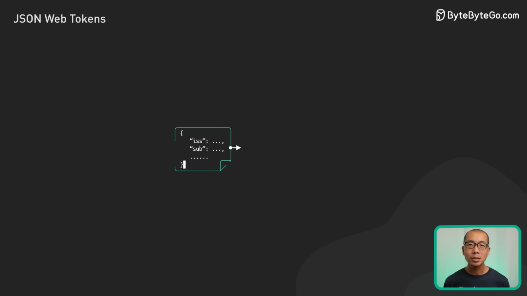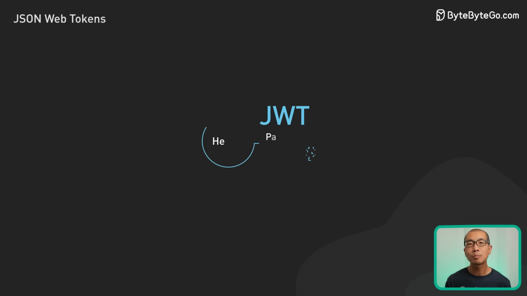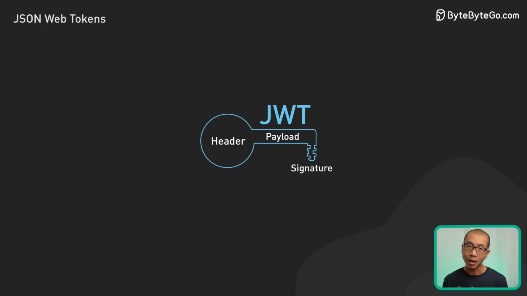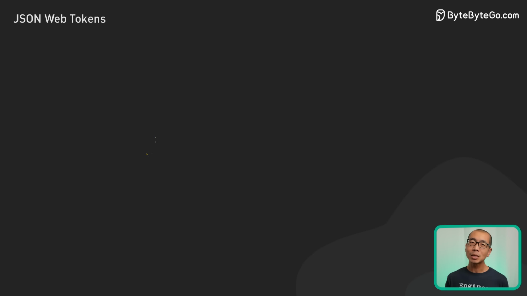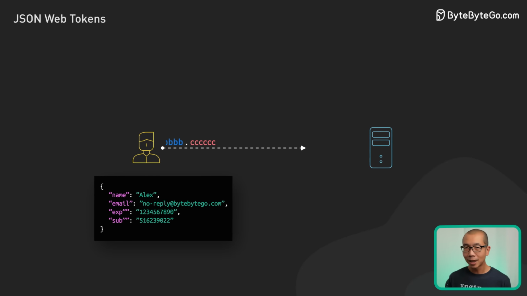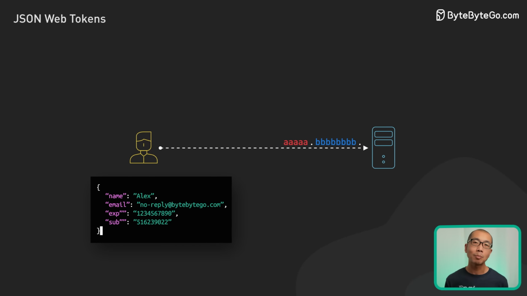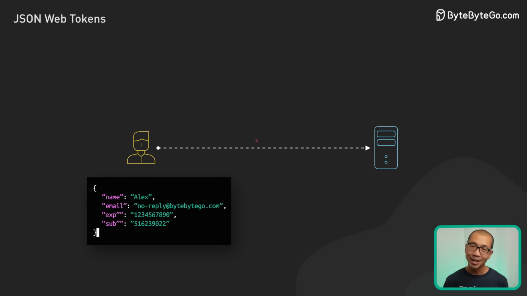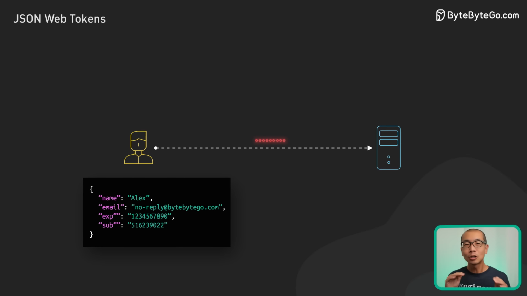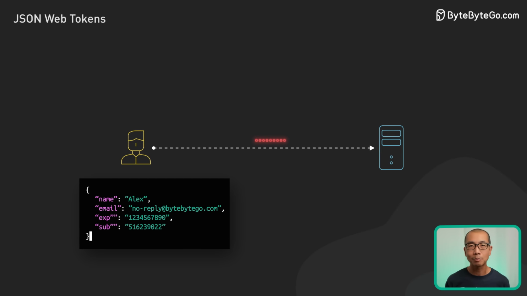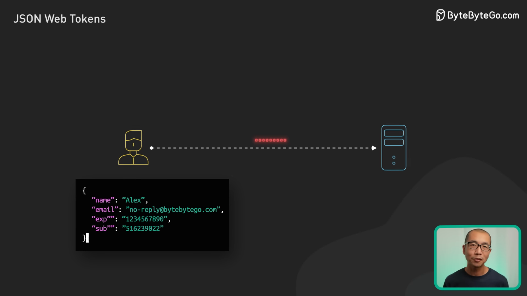While JWT payloads can be encrypted using JSON Web Encryption, most implementations use signed but not encrypted tokens. This means that while the data is encoded, it is not encrypted and can be read if intercepted. That's why sensitive information should never travel in a JWT payload unless it's encrypted first.